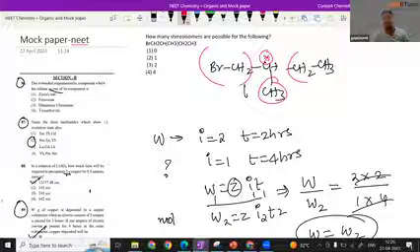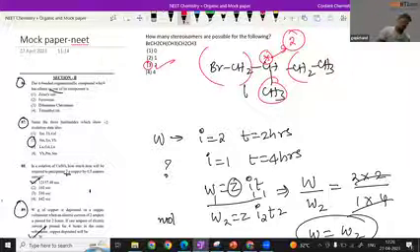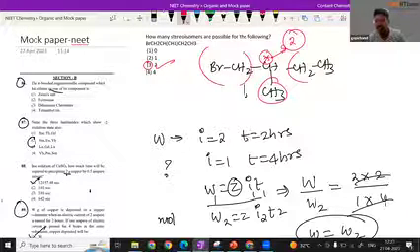One stereo center is there. They are not asking about the chiral center or stereo center, they are asking about the isomers. So two isomers are possible. Got it? From one stereo center, you are going to get two isomers. So basically, this question paper is not that difficult. It is an easy paper only, but